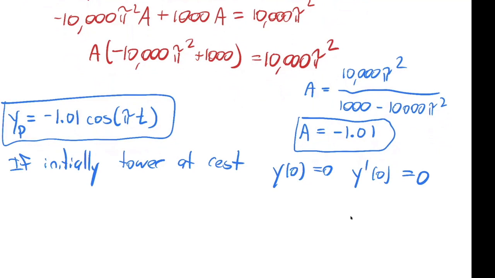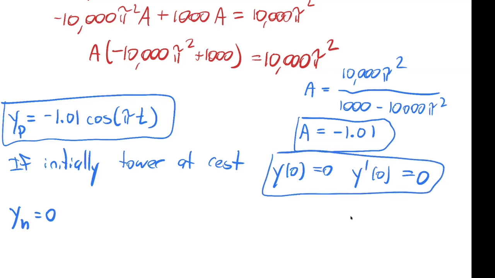And the only component adding anything to the motion here is this particular solution due to the earthquake, right? So you can imagine if there was no earthquake, as time goes on, that tower would just sit there and not move at all. But once you give it some force, even if it's starting at rest,